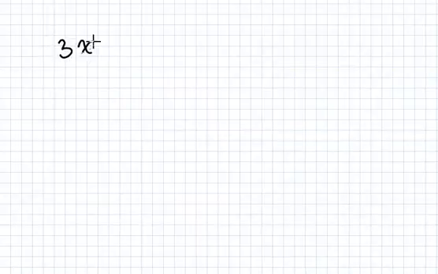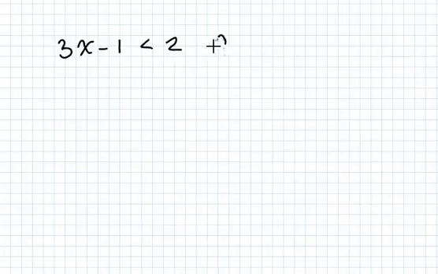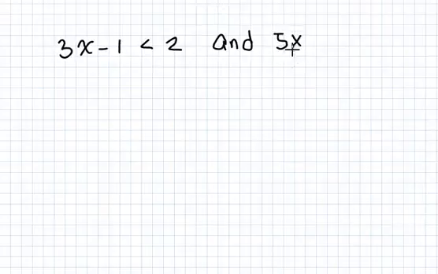So 3x minus 1 is less than 2, and we're going to throw an "and" in there, and 5x plus 4